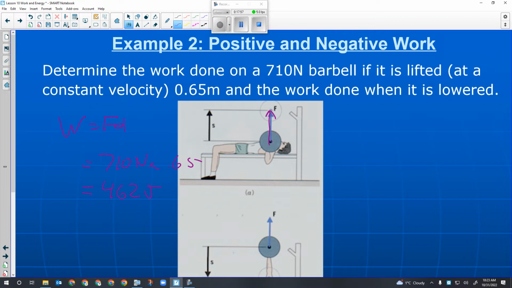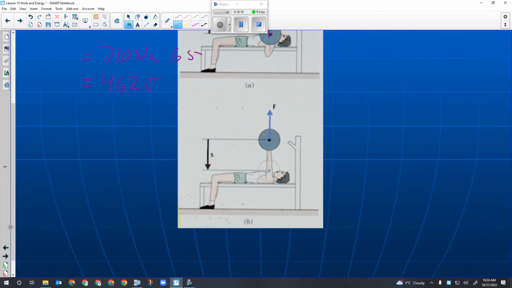From the barbell's point of view, when I lower it, that number is going to change to negative 462 joules. Why? It's doing work on me, and the angle is different. I'm exerting a force upwards, but the barbell is moving